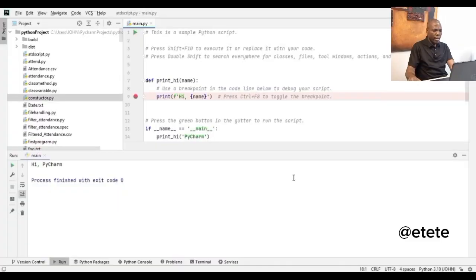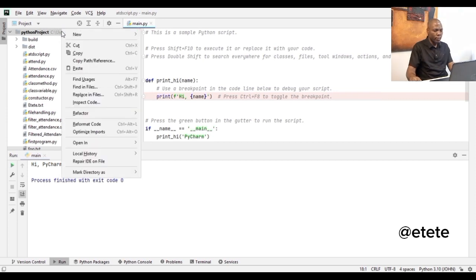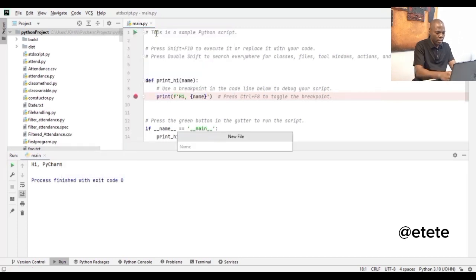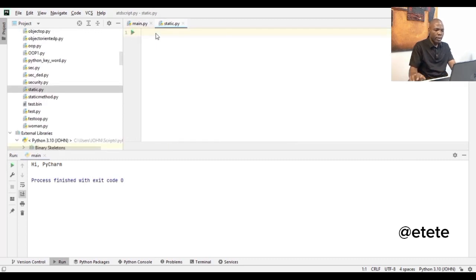All right, so this is PyCharm. We are just going to create a static method. So let's just create one, and we name it new file. So call it static.py. Okay, so this is our static method. So we are just going to directly create the class